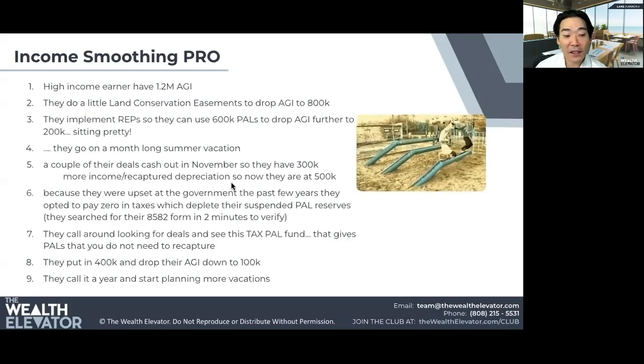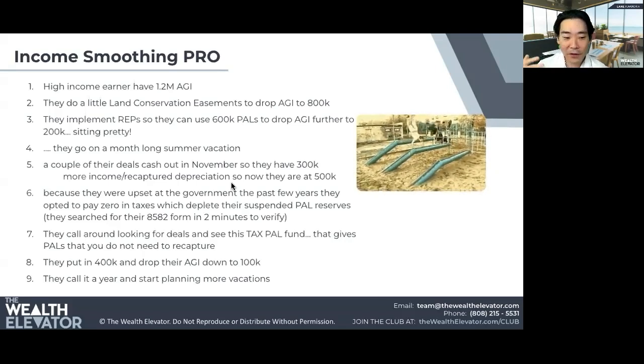And this is what they've done in the past. But you've got to be careful. There's a strategy here, right? You can't just burn up all your passive losses, because in this case, they had some exits at the end of the year and they reached down into their 8582 form bucket and they don't have passive losses, right? Because they burned it up. And that's not uncommon, especially when you have more aggressive people who aggressively lower their AGI and use their 8582 form. I think I personally am a little bit more conservative and I probably err on the side of not using enough of my passive losses.